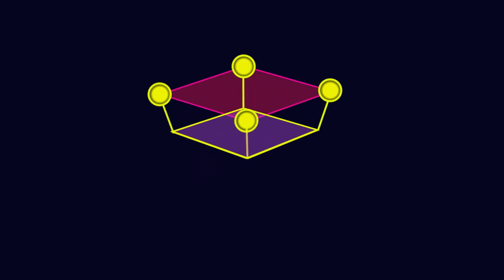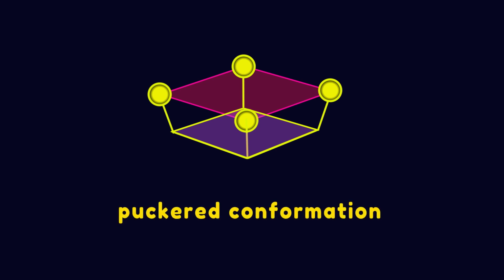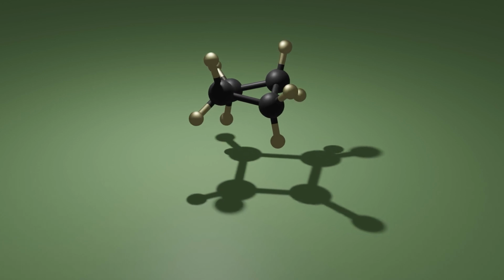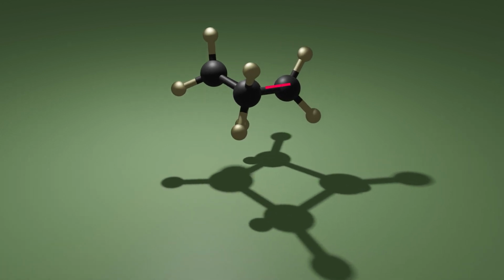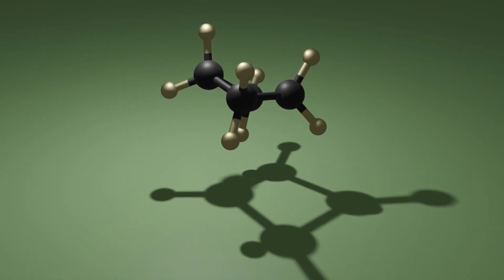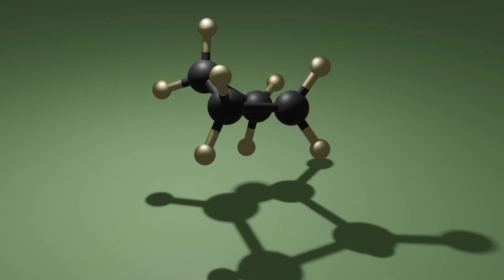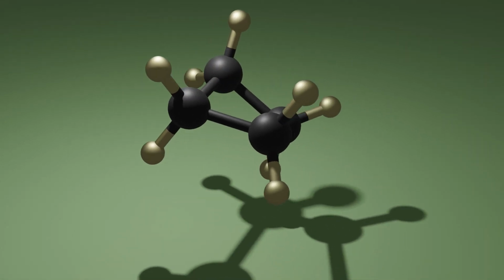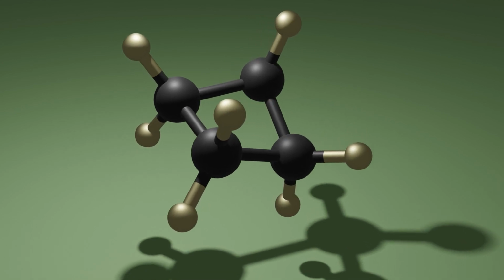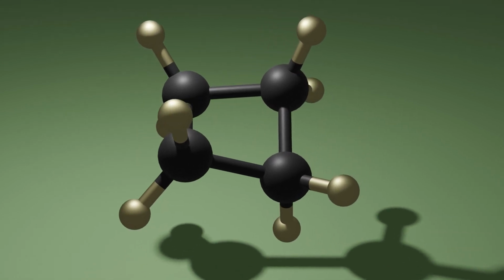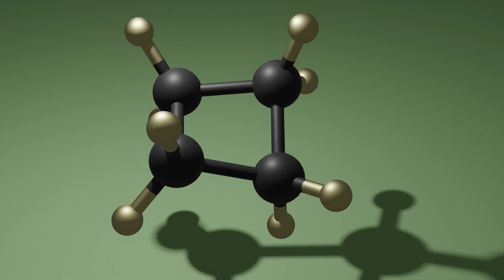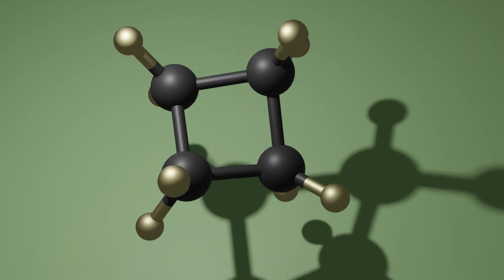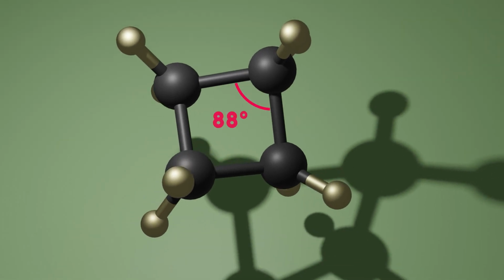Assuming cyclobutane is a planar molecule, there will be perfect CH eclipsing along the carbon-carbon bonds. As a result, cyclobutane adopts a puckered conformation. As you see, this conformation resembles a butterfly's wings. In this distorted conformation, hydrogen atoms are slightly away from each other, so the strain energy resulting from hydrogen interaction in the planar conformation reduces. Although puckering relieves eclipsing, it reduces the bond angle to 88 degrees, which increases deviation from the ideal tetrahedral